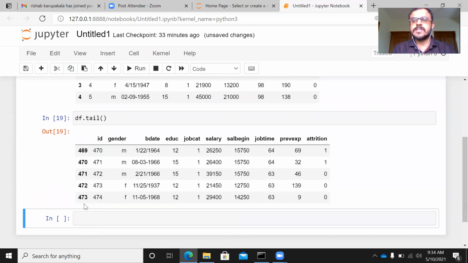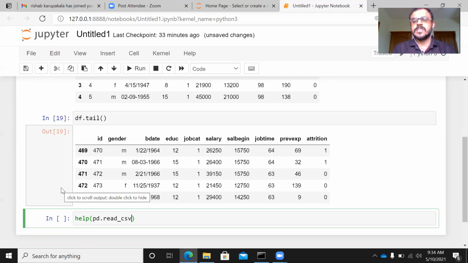For those of us who are interested in exploring this command further, you can always use the help function, help of pd.read_csv. This is what you need to type, or you can go to Google and search for pandas documentation.